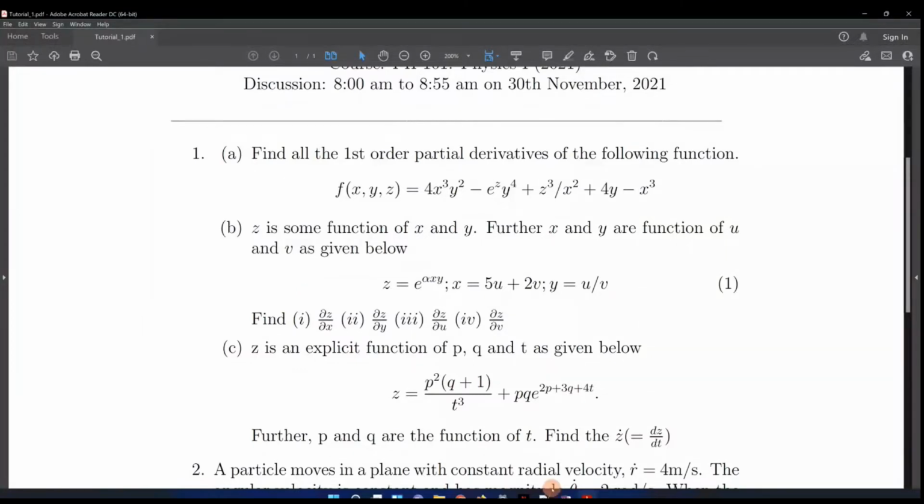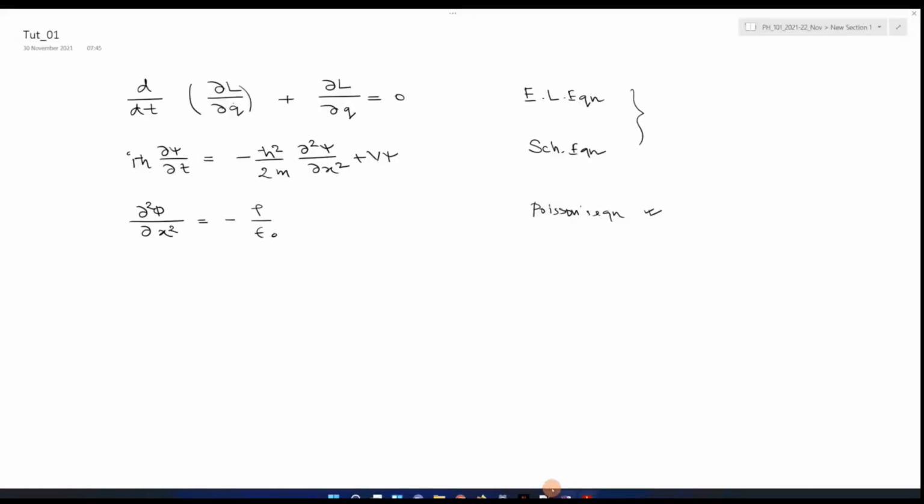Can I ask something? Yeah, ask. What have you written before del psi by dt in the second equation? I H cross del psi by dt. Okay. You don't have to write down all these things. You will be learning them slowly. I'm just starting. So the main thing is we have to know how to find partial derivatives. And I am sure that you have done so many partial derivatives during your preparation for JEE Advanced and JEE Main.